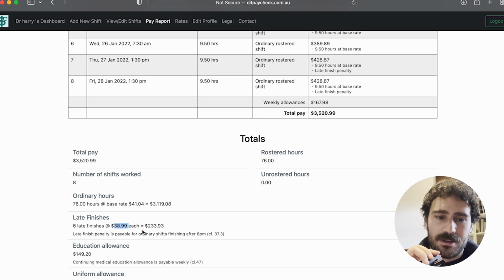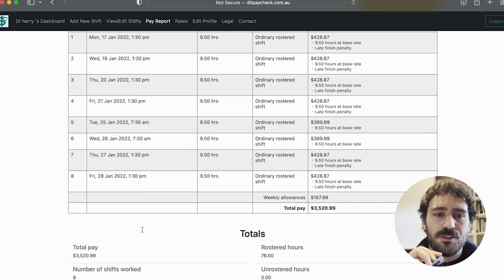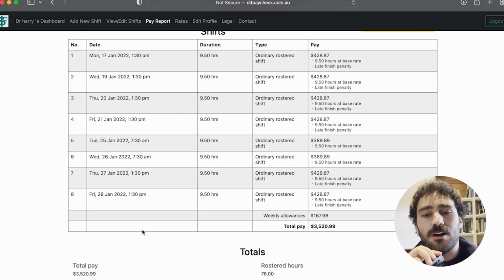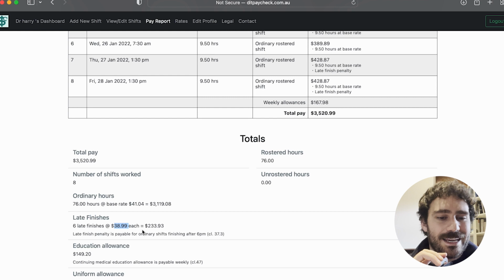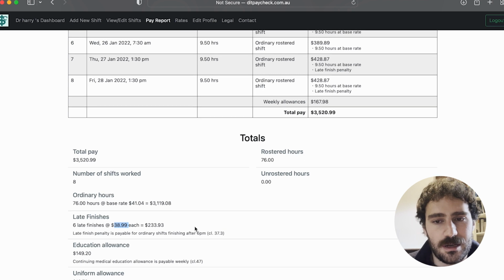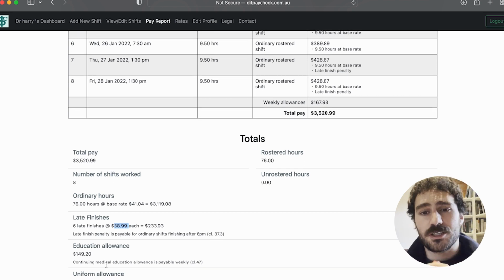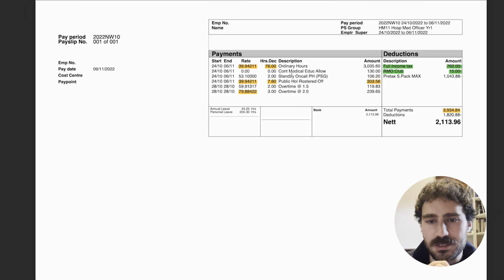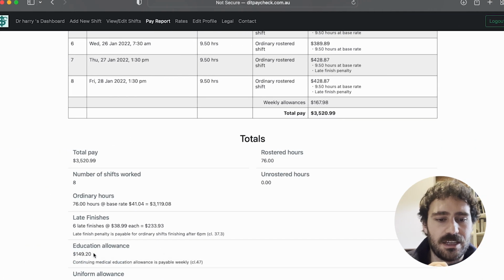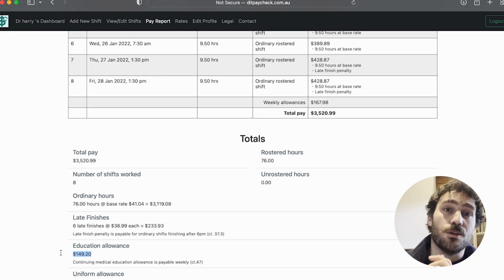So that's that there. Note for this, I haven't included any overtime, but if I was, it would show up. So maybe I can show you quickly another payslip that DiT Paycheck can generate, which has overtime included. Let me just finish off with this one first. The education allowance is that thing that we were talking about before, this continual medication education allowance. For last year, as an intern, it was just under $150 for each fortnight,